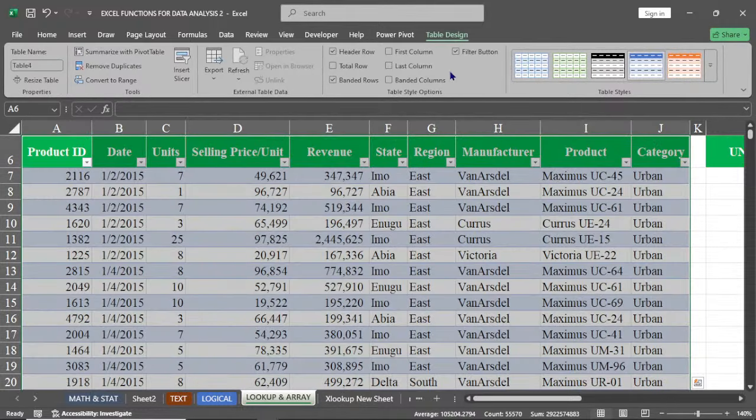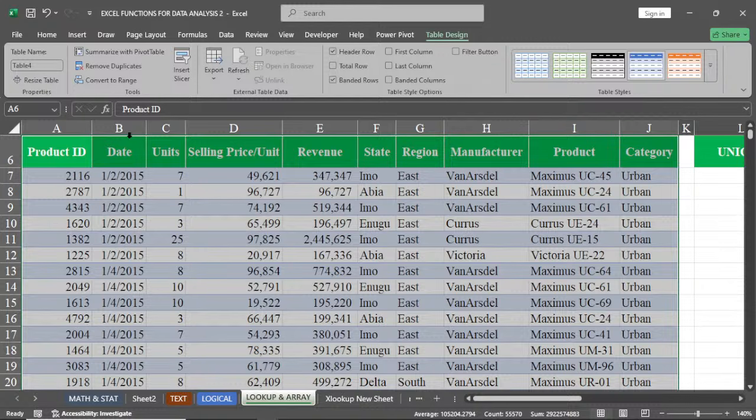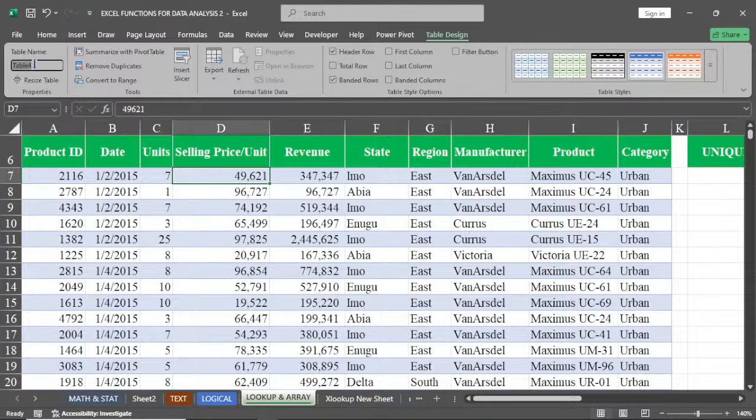All right, let me remove the filter. We have this. Or instead of me doing it one by one, I will come here and then click it so they all align to each other. Here I will call it